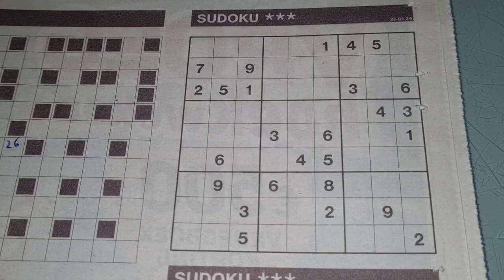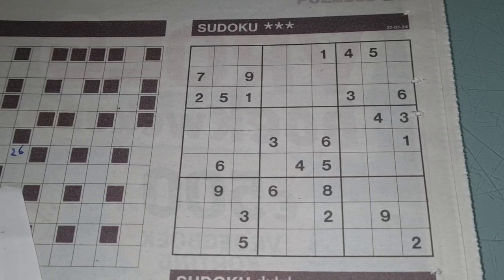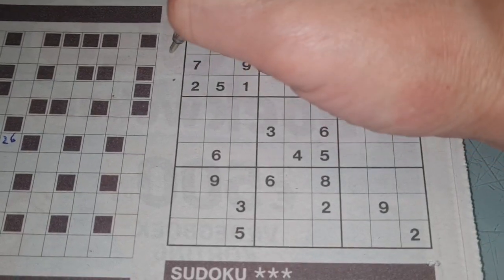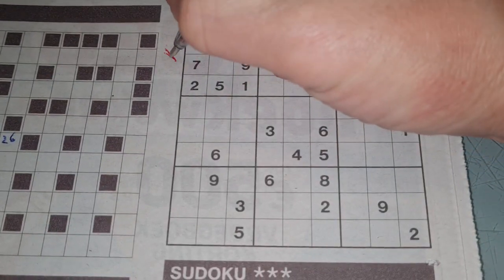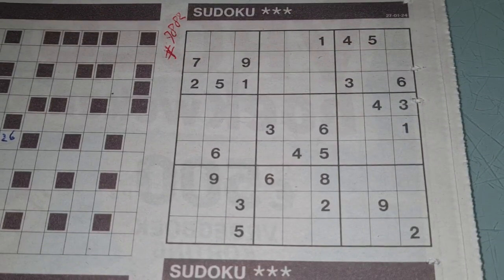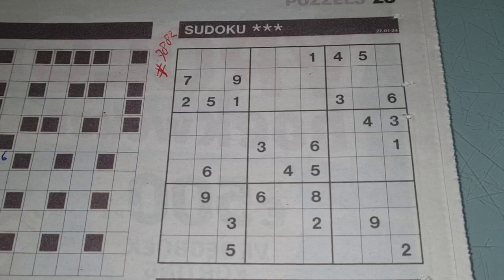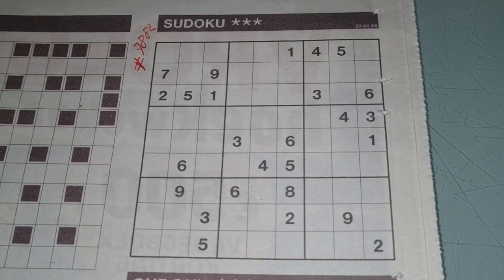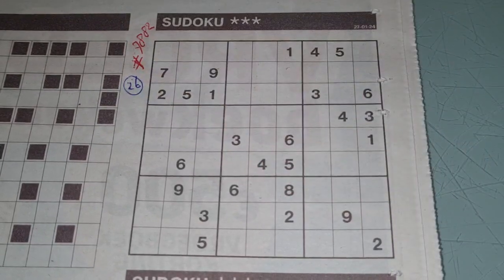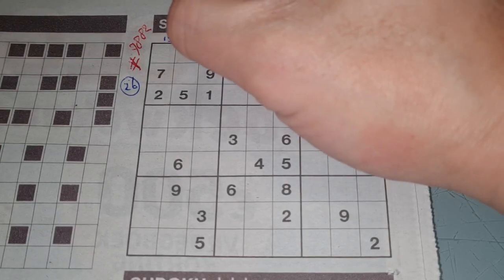Well, it's not quite a 3 stars, but this one will be number 7882. We have here 26 printed digits. Should be at 2 stars. For a 2 stars puzzle, I need 15 to